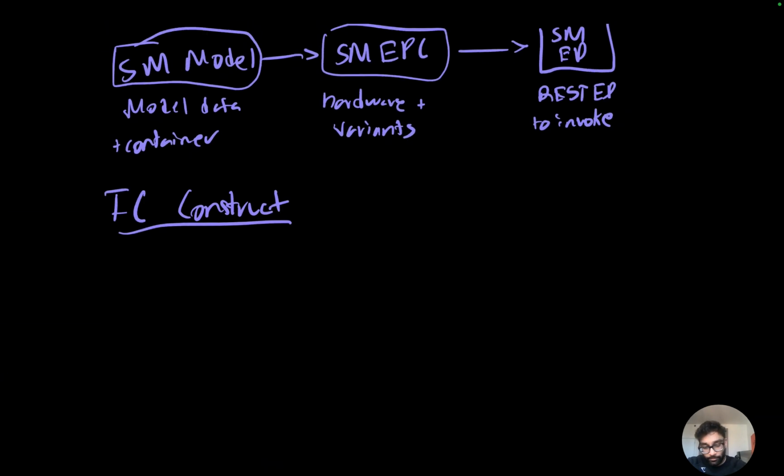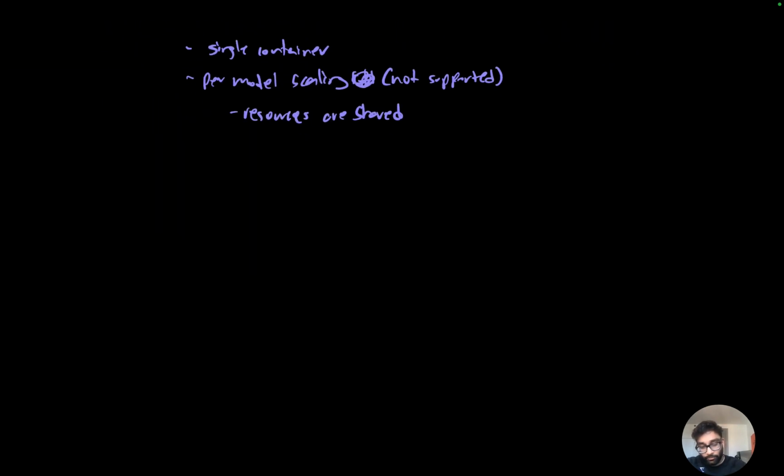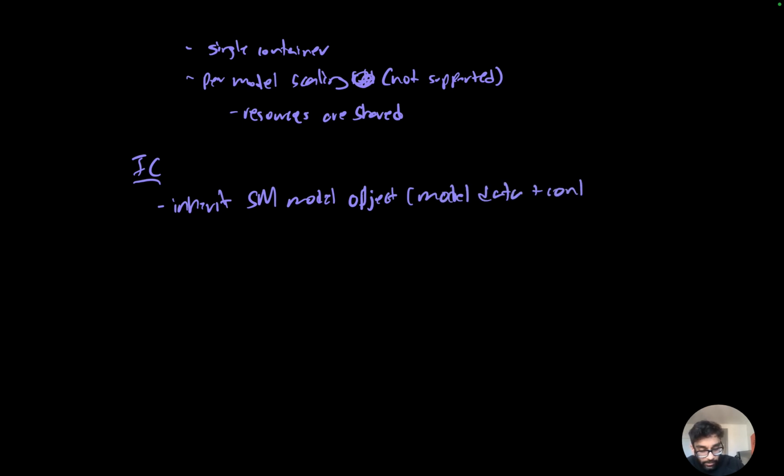Now with inference components, right? What's been introduced, before I even go to that diagram there, with inference components, we inherit a SageMaker model object. And the SageMaker model object, if we remember right, points towards the model data and container. So this is all the exact same. But what's been added with inference components is a few features. So what's new? Let's maybe make this a section right here, is you can specify your hardware resource requirements,